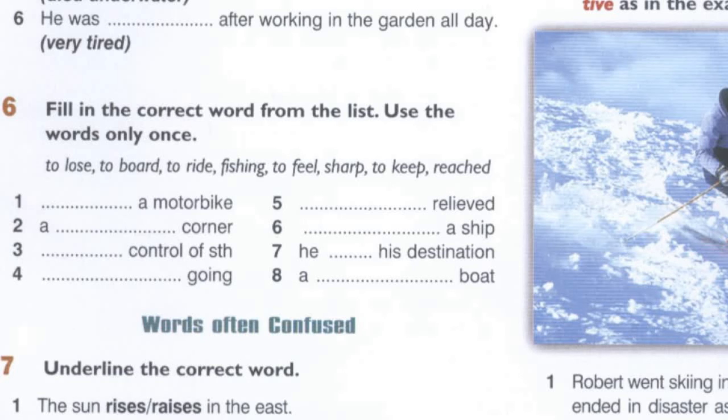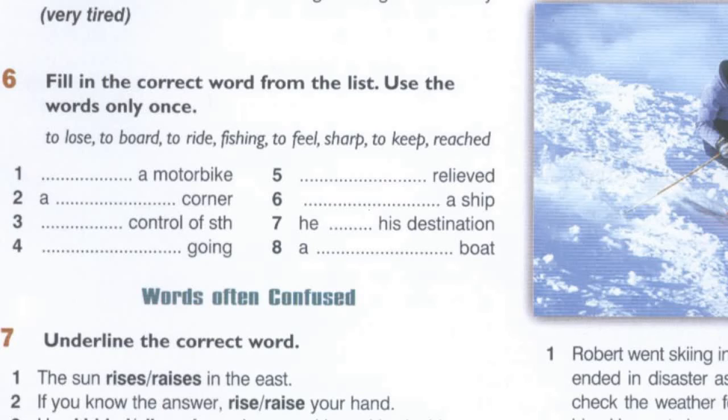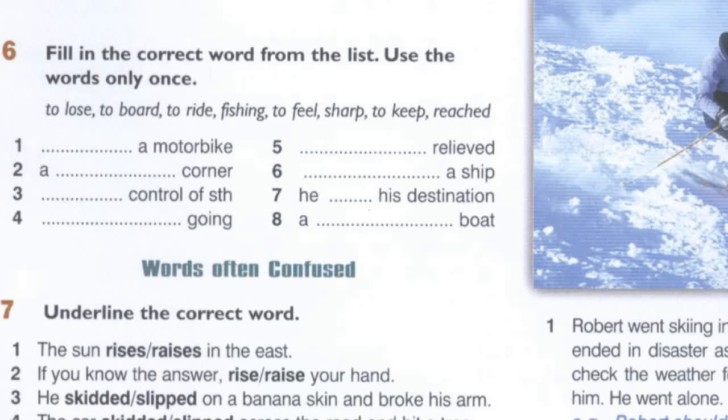Go to exercise or question number 8. We have A and then blank boat. A fishing boat. Well done. How about number 6? Blank a ship. What is it? Blank a ship. To board the ship. To get on the ship. Yes, to board. How about number 7? He blank his destination. He reached his destination. Reached